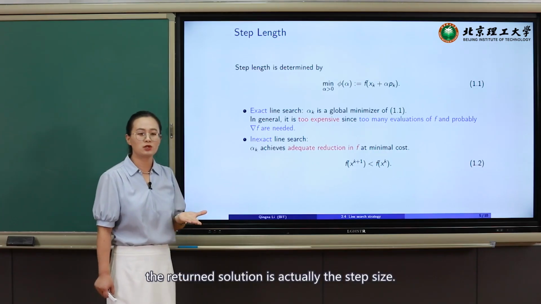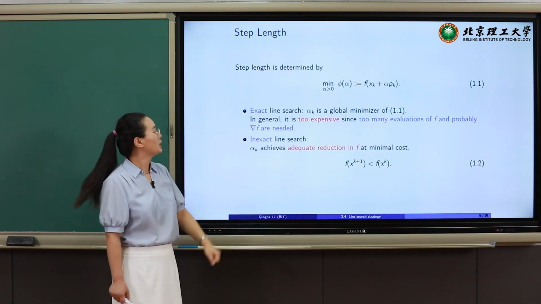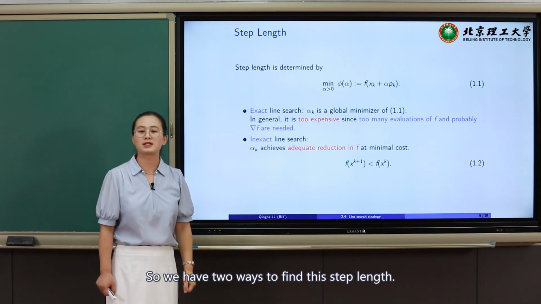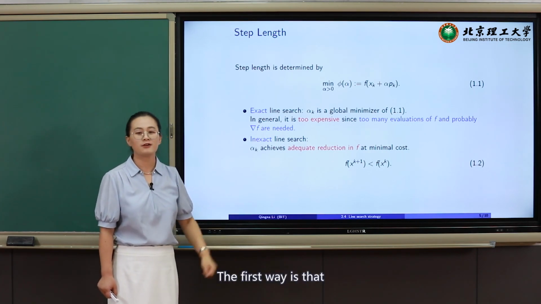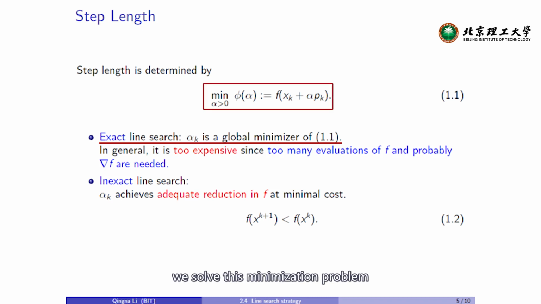The returned solution is actually the step size. Okay? So we have two ways to find this step length. The first way is that we do exact line search. That means we solve this minimization problem